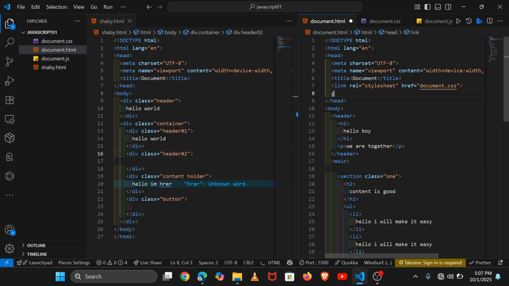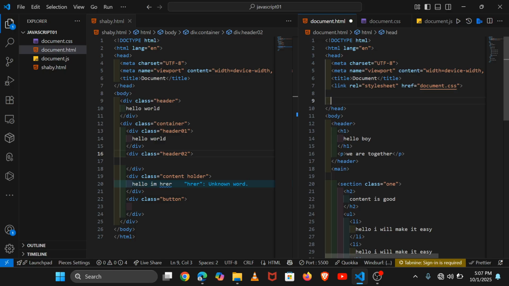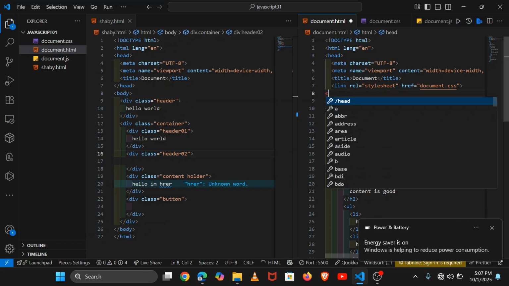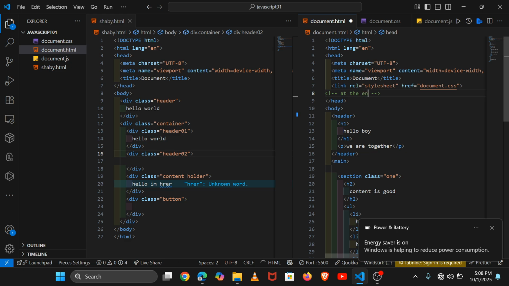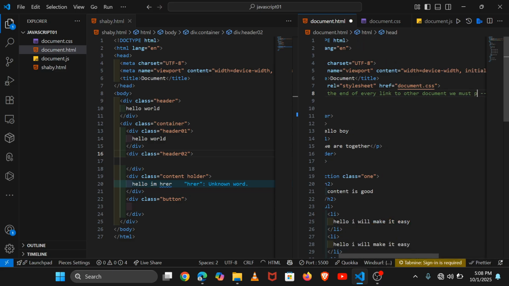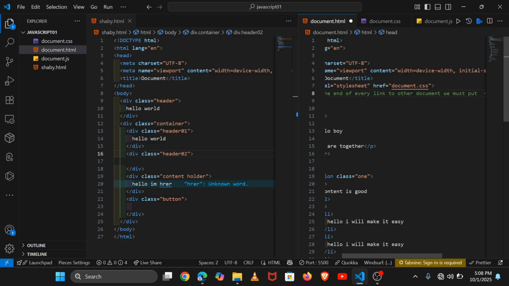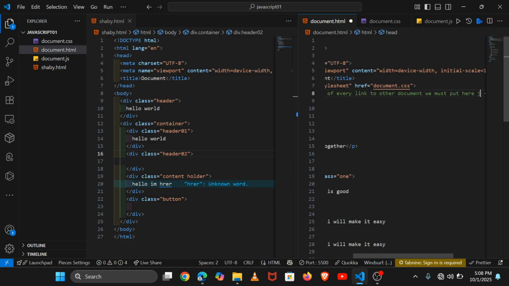And below every link to another document, at the end, we must put the JavaScript like this,